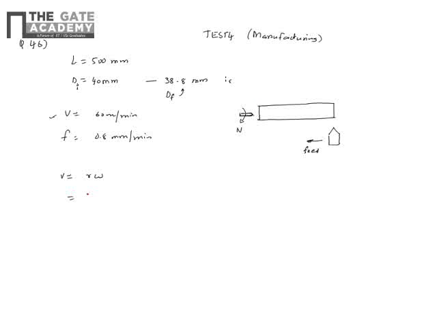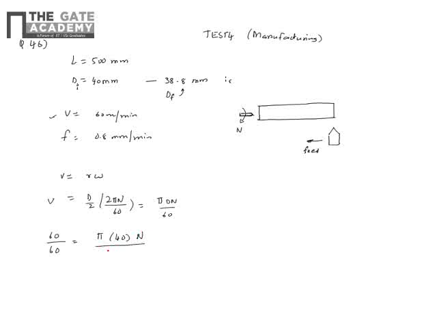So R omega, which we specify in terms of initial diameter, so it is d by 2. Omega is 2 pi n in terms of rpm, so it is pi d n by 60. So cutting speed is given as 60 meters per minute. So by 60, I'm just writing pi, diameter is initial diameter 40, and you have n